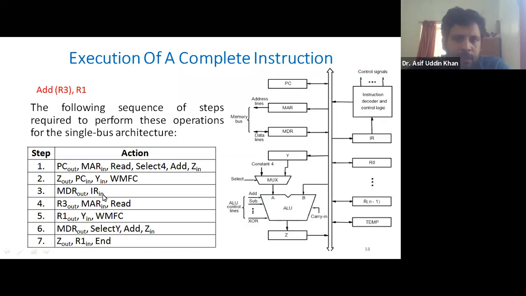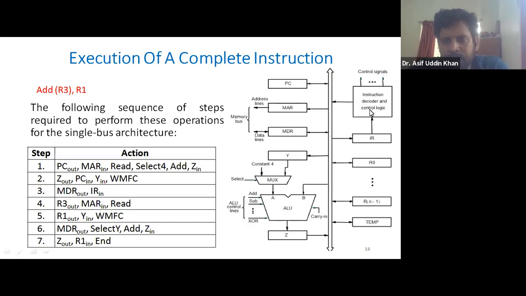So through these three steps, step one, step two, and step three, the instruction is fetched, and now the instruction is present here in the instruction register IR. Then from this instruction register, the instruction will be taken by the instruction decoder and the control unit.